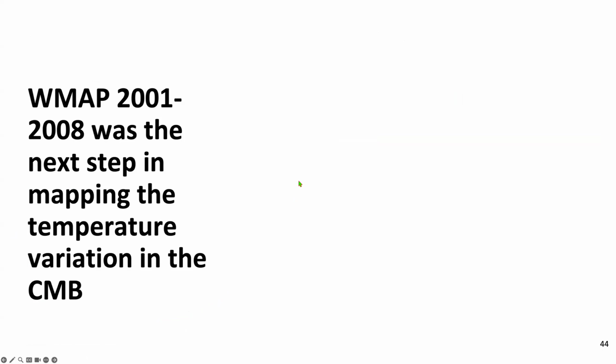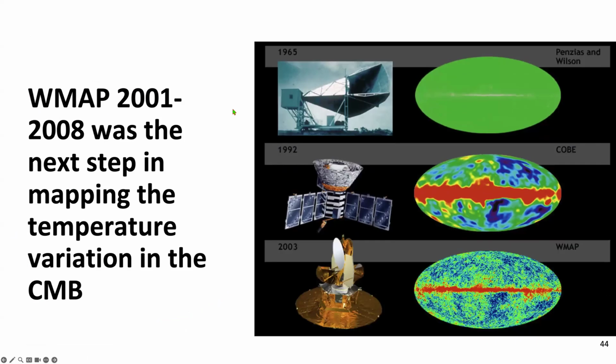The next effort was to improve everything about the COBE experiment, and that led to the Wilkinson Microwave Anisotropy Probe, which launched in 2001. And here we can compare. WMAP produced this. This is before they removed the millimeter wave stellar sources in the Milky Way. So here's WMAP, lots more detail than the COBE experiment, and the